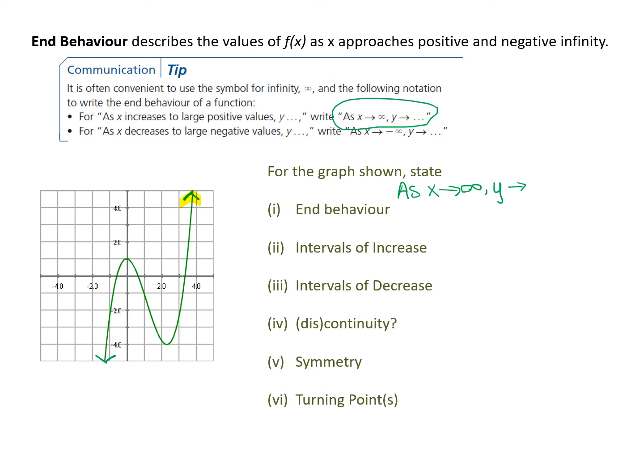Y, it's getting higher and higher. So y is also getting really big. Y is also approaching positive infinity. Now we have to look at the other end. Here's the other end of the graph down here at the bottom. This end, what's happening at this end? So at this end,